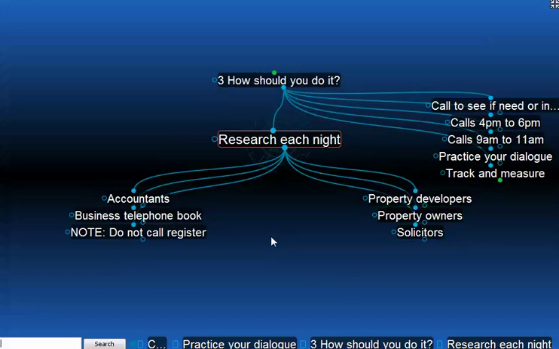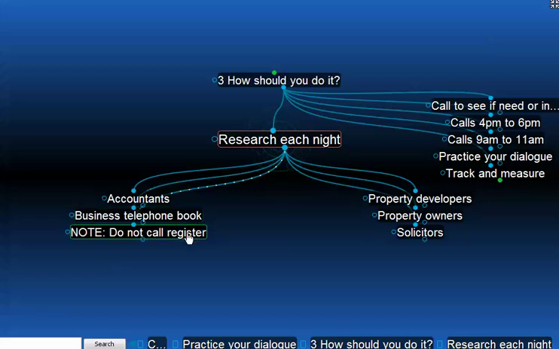Now, I do recommend that you use the business telephone book because there'll be lots of business people in there to talk to. At the base of everything in commercial and retail property today, and industrial for that matter, businesses are at the base of everything. They occupy premises, they own premises, they may need to relocate within premises, and that's how you can help them. So the business telephone book is the easiest place to start when you have no one else to talk to.